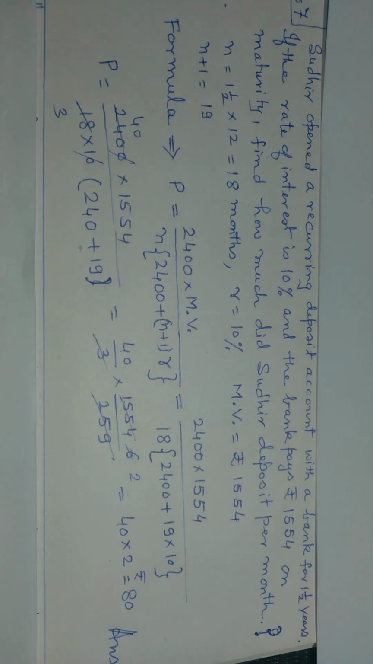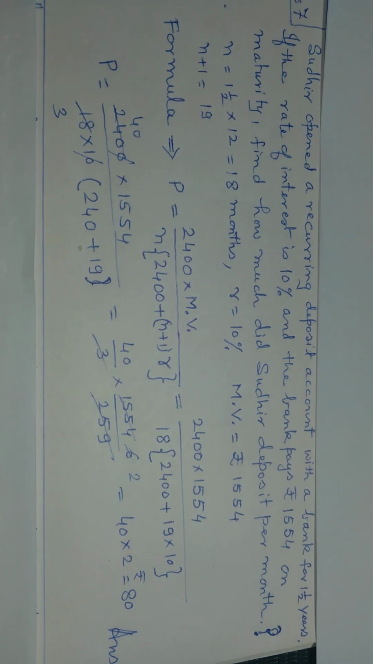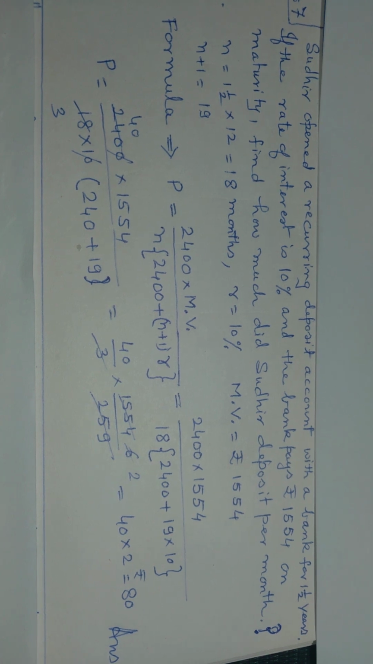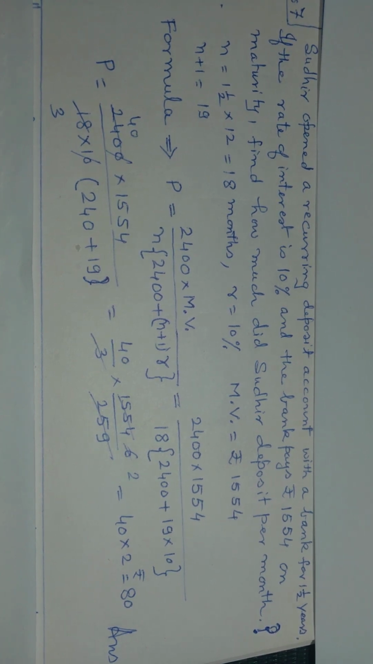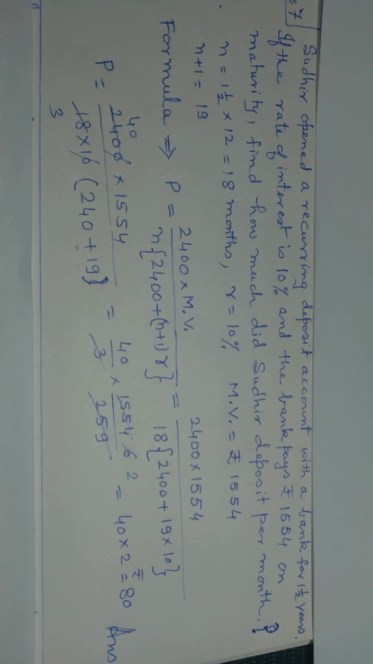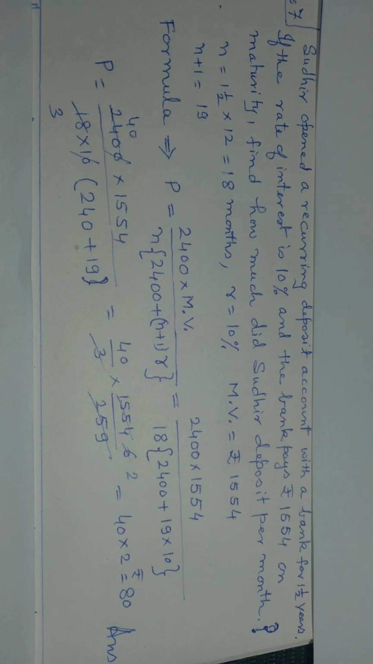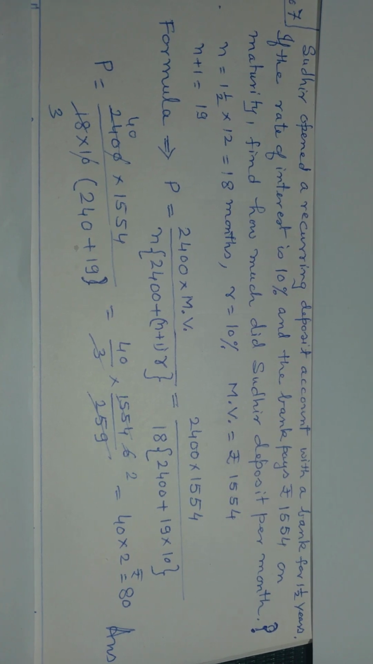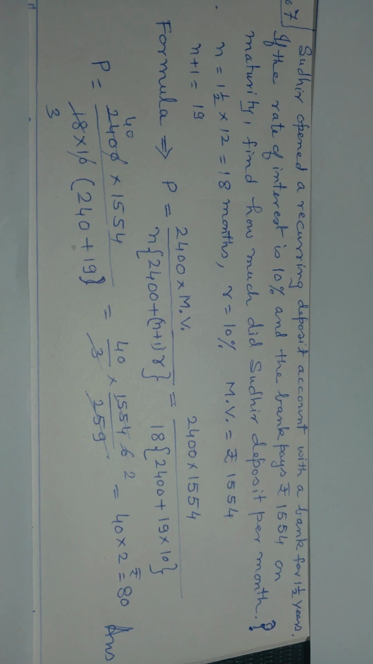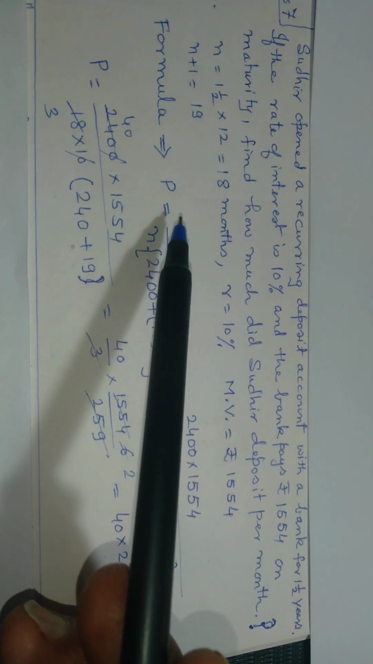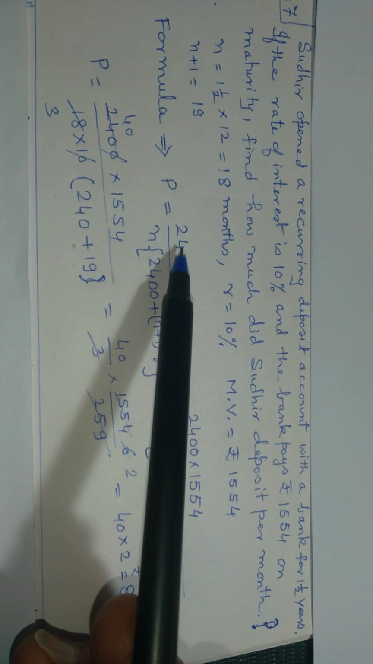Let us do question number 7. Sudhir opened a recurring deposit account with a bank for 1.5 years. If the rate of interest is 10% and the bank pays rupees 1,554 on maturity, find how much did Sudhir deposit per month. Here we have to find out P. The formula for principal, we have to use this formula